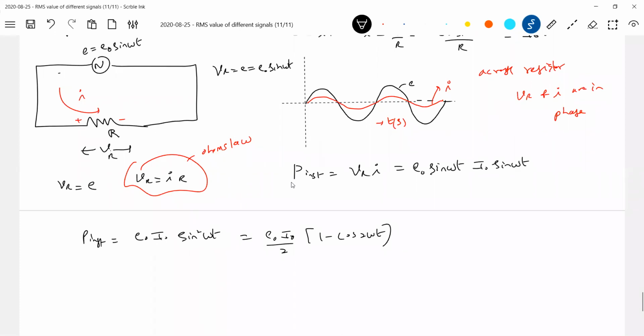Which power is very important? Instantaneous power or average power? Suppose an electrical meter, what will it read, instantaneous or average? It has to read average, no? For every month, or say for 1 minute, the person will come to put an electrical bill. So that particular meter, if it reads instantaneous power, at that instant what you are consuming in power